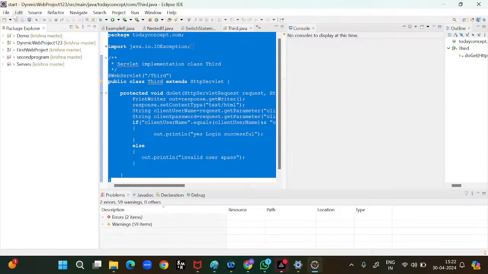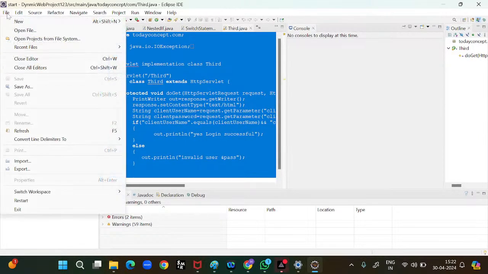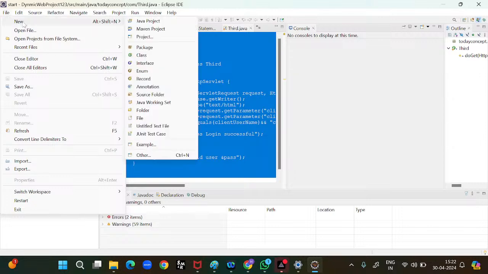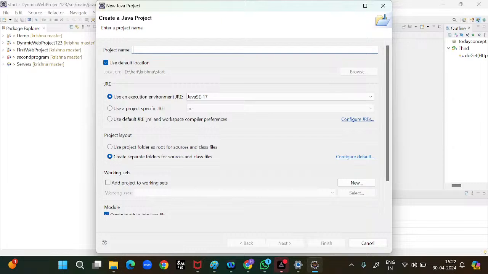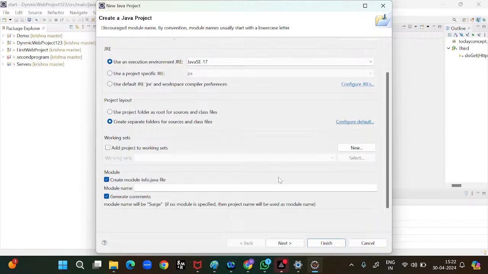Now we need to create the project. Simply go to the File option. We have New and Java Project. So here I will mention the project name, like any name you can mention. I am mentioning the project name as "set". Okay. Then